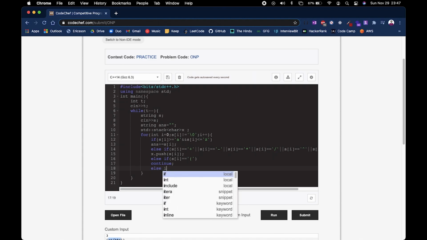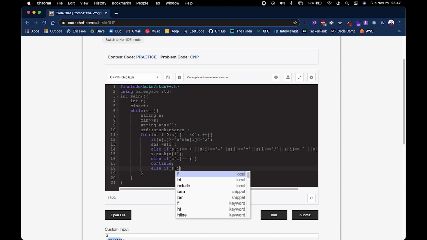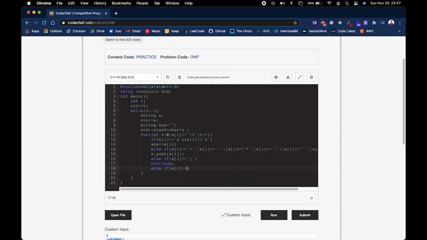Now the next condition, which is probably the most important because it is the ending condition, is where we find the closing brackets. We have discussed it in greater detail. If you are missing it, just check it out. So this is our closing bracket, and once we have found it, we want to add the operand from the stack to our output string.